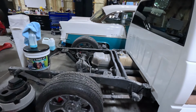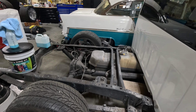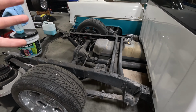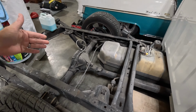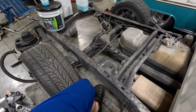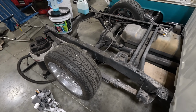Well, here's some of the stuff that I'd like to do. I want to paint the frame with the POR-15, similar to what I did on the dually, but I don't necessarily love this flip kit and I don't love this rear suspension. So what I would really like to do, and the plan is, is either do a Ridetech kit or an OBS Racing rear suspension kit. So we get rid of the leaf springs altogether. Now, the ups and downs to both of those are,